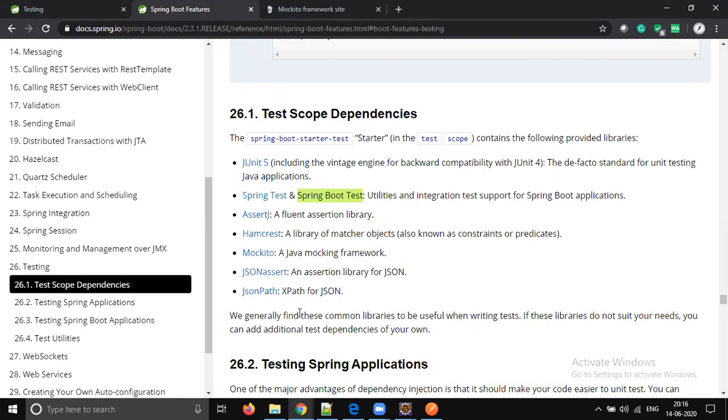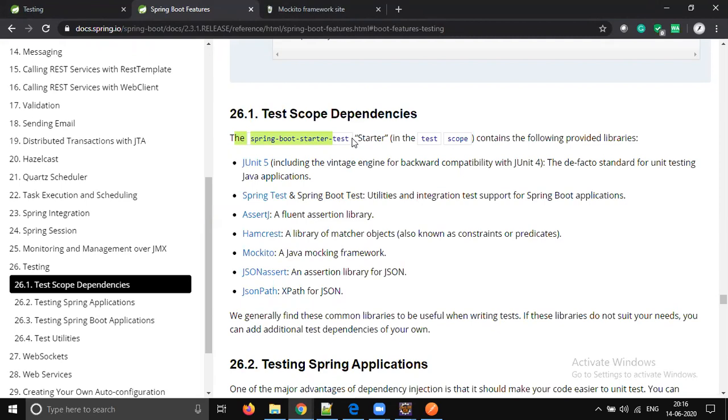Mockito. And one good thing with the Spring Boot application, all these three are part of the Spring Boot library. You don't need to add any extra jar. It's already there in the Spring Boot starter test. Just add the starter, and automatically all these libraries are going to be available. We can start using them directly. We don't use all libraries. At minimum, you will start with JUnit 5, Spring Test, and Mockito.